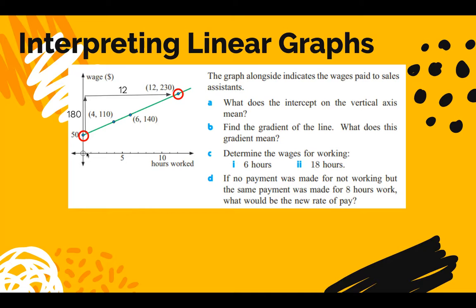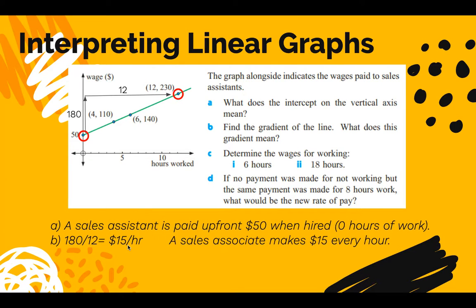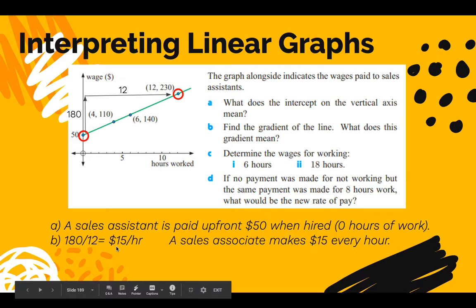So I'm going to choose these 2 points: the point (0, 50) and the point (12, 230). The y increase, to go from 50 to a y value of 230, is an increase of 180 units, and that's just the difference of 230 minus 50. To go from 0 on the x-axis to 12 on the x-axis is an increase of 12 units. So the rise is 180 units, the run is 12 units, so the slope or the gradient is 180 over 12. When you divide 180 by 12, you get 15,